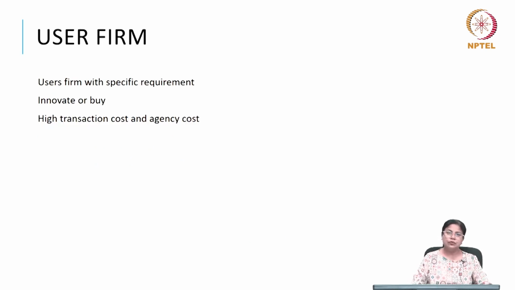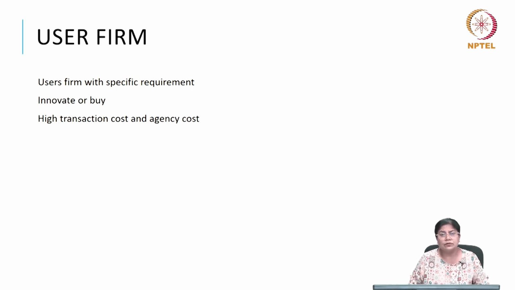So far, the user about whom we have been talking was effectively a consumer. Now think from the point of view of a company which is also a user, because they are buying maybe an intermediate good from another supplier. Such a firm may have some specific requirement. They can either introduce that specific requirement on their own, or they might ask the manufacturer or an outsider to do it for them. They have to take into account the transaction cost involved in outsourcing vis-a-vis what they will be able to do on their own. Agency costs in this case are going to be very high.